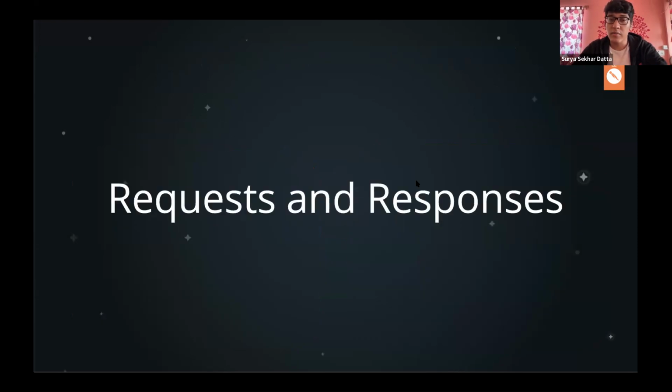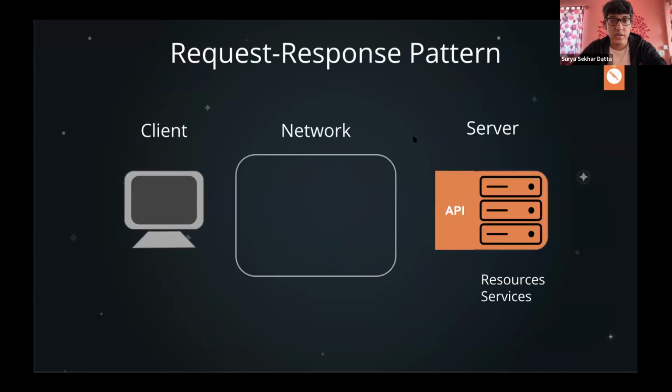So I just talked about requests and responses. I'll just go over them in short. Okay, so suppose you are the client and you need to communicate with the server over the network. What you will do is you will send a request to the server. If I take an example of Instagram, you are posting your image to the server, right?